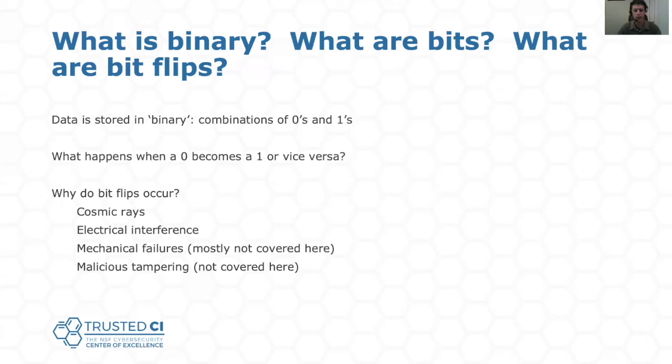For those listening to this talk who are not computer scientists, you might be wondering what in the world is a bit, and how can one flip, and what makes one occur randomly. Binary notation is the representation of numbers as combinations of the digits 0 and 1. In contrast to the decimal notation most of us are used to in our daily lives that represents digits as combinations of the digits 0 through 9. In binary, a bit is the atomic element of the representation of a 1 or a 0. Bits can be combined together to represent numbers larger than 0 or 1 in the same way that decimal digits can be put together to represent numbers larger than 9.